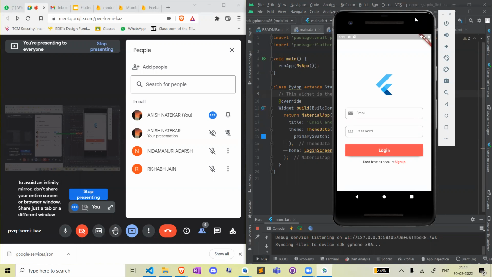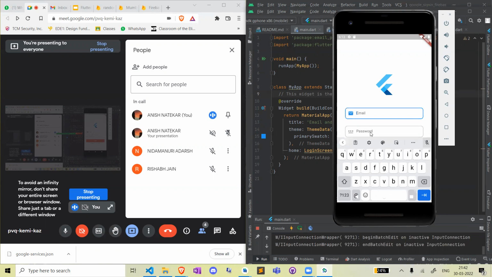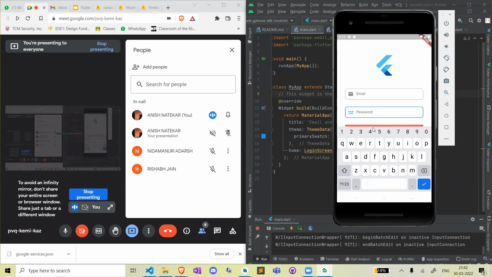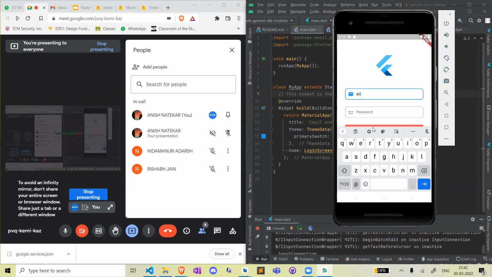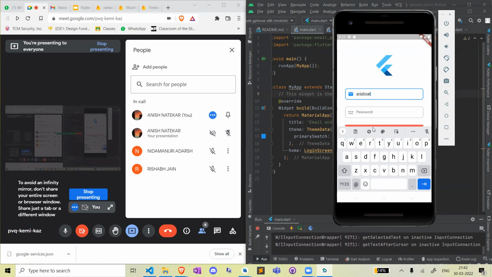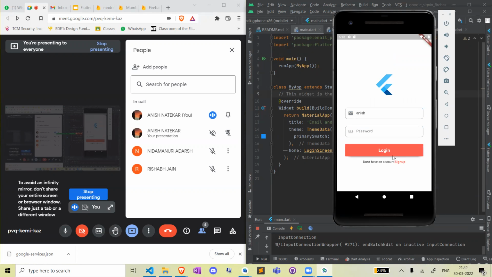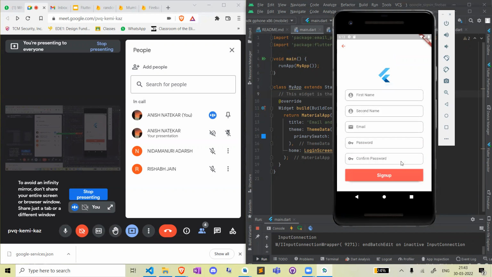So this is the login UI system. You can enter your email ID over here, your password over here, and your password will be hidden. So that is an email, Anish Natikar @gmail. You can enter it, and there is also an option for login. If you don't have an account, you can sign up. Click sign up, and you're brought to this page. Like you have to